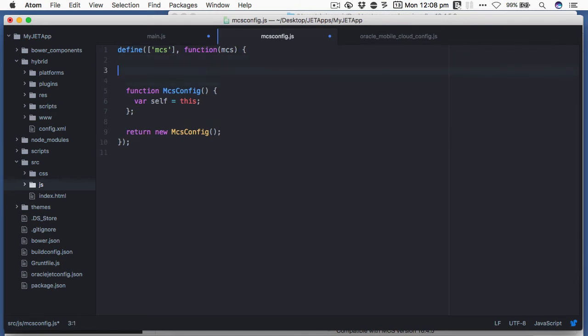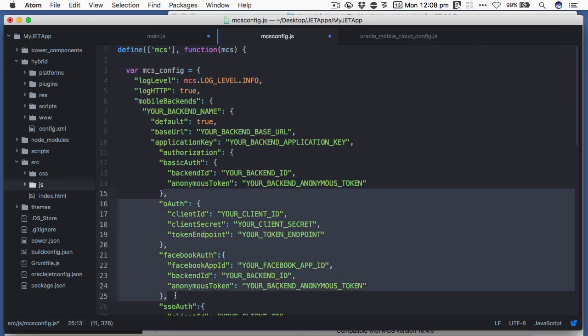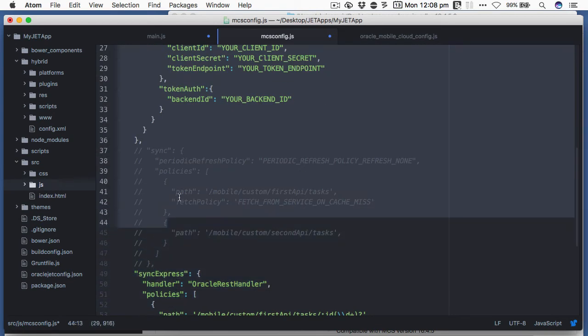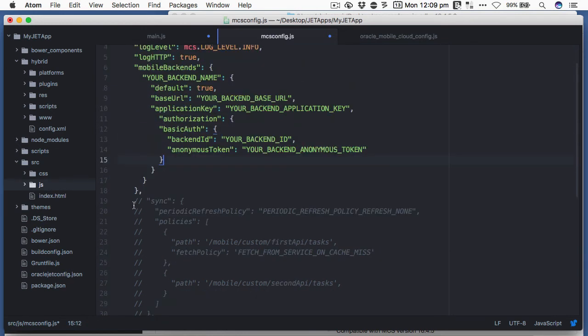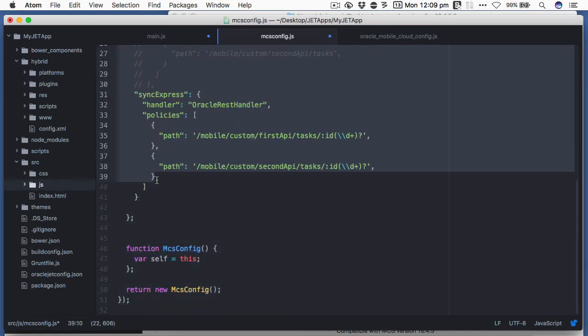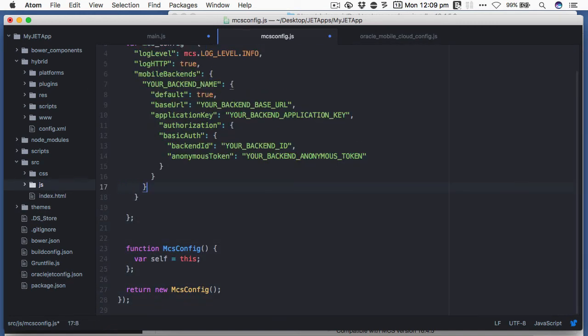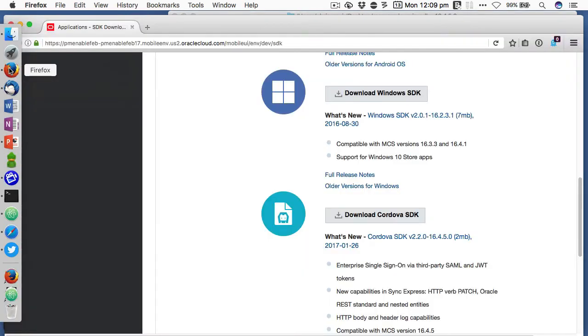Within the copy code, it's here we copy all the settings for the Jet app to call MCS via the MCS SDK JavaScript library we've just copied in. So in this demo, we're only going to use HTTP basic authentication for any calls from our app to MCS. So I'm going to cut out the options for OAuth, Facebook Auth, SSO Auth, and Token Auth. In turn, there are options for Sync and Sync Express, also not used in this video, so I'll cut them out too. From there, we copy in all the values I told you to write down from MCS, which includes